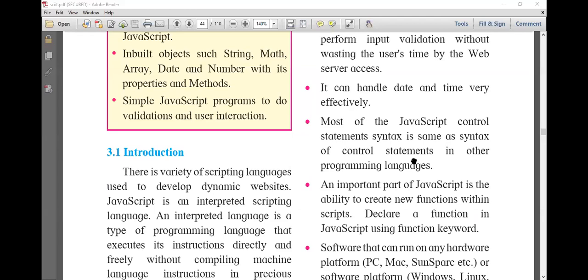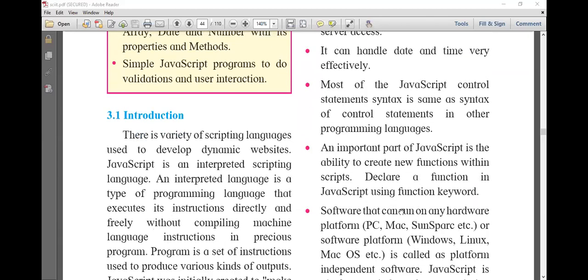Very good. Samiksha, yes. Amol, yes. Function. Good. Function is the main word which you have to mark because JavaScript supports user defined functions and inbuilt functions. So we can declare and call functions in JavaScript.